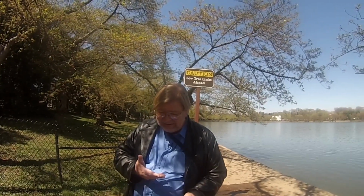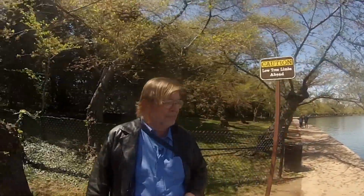Low tree limbs ahead. Now you'd wonder why they would need that sign. Two reasons. One, people are just oblivious to the world around them. They've always been like that. And now they've got their head down looking at their cell phone all the time, so they probably wouldn't even see the sign. So as we're making our circuit today around the Tidal Basin here in Washington, D.C.,